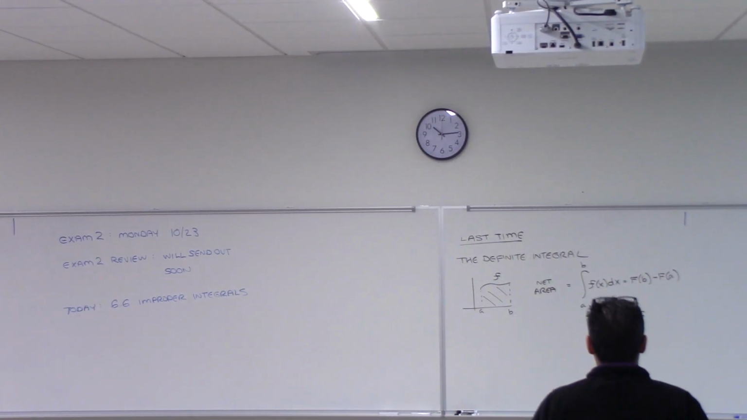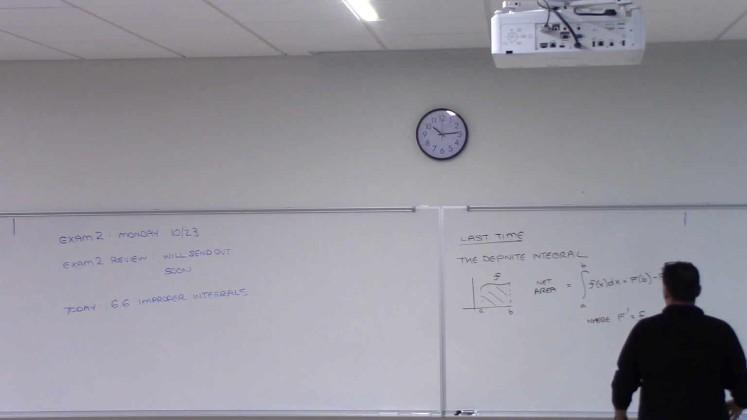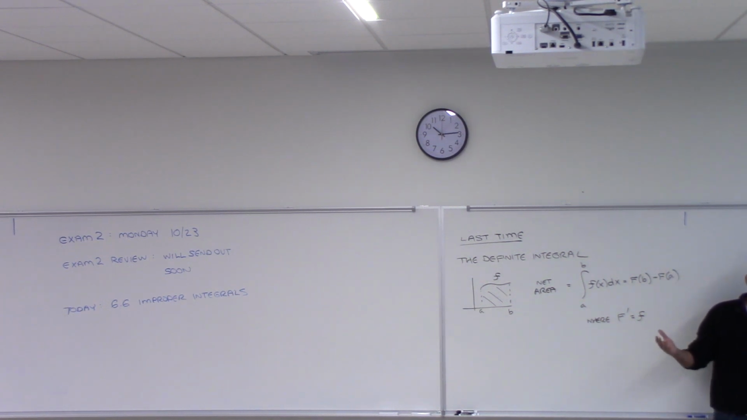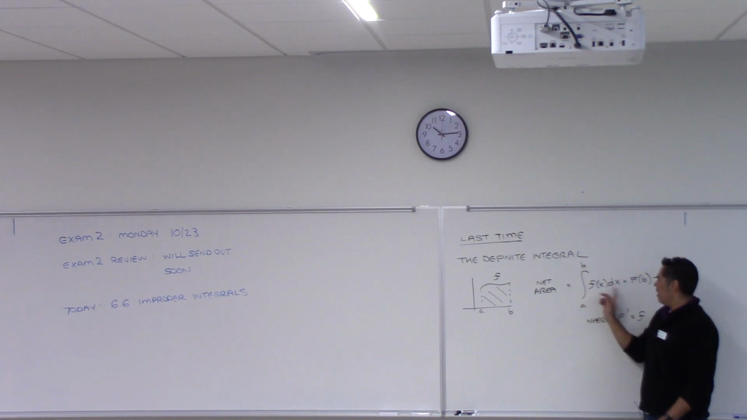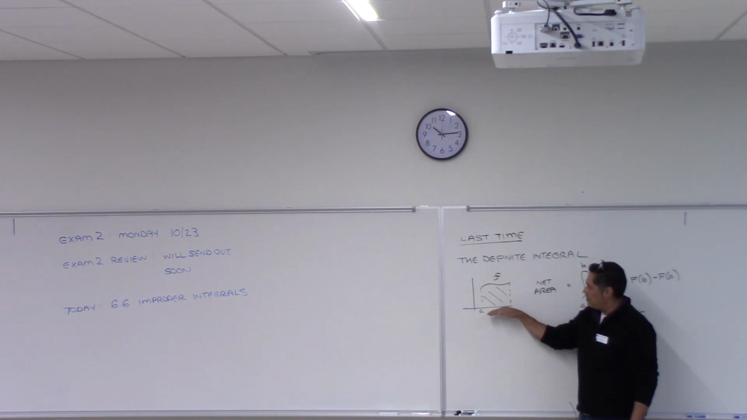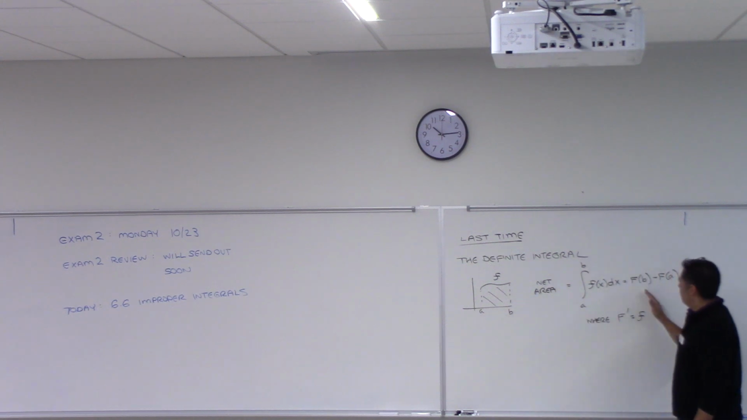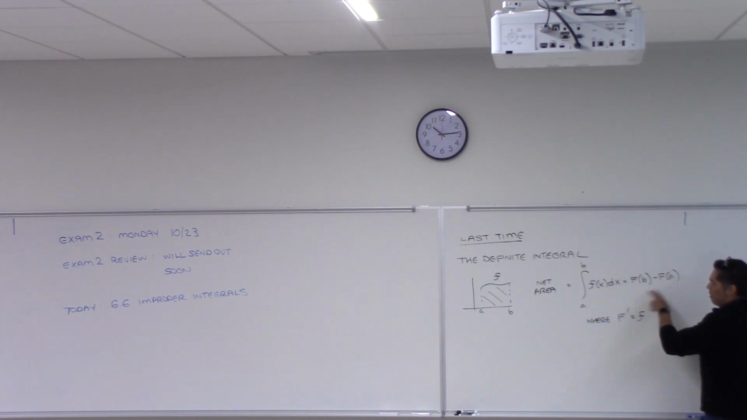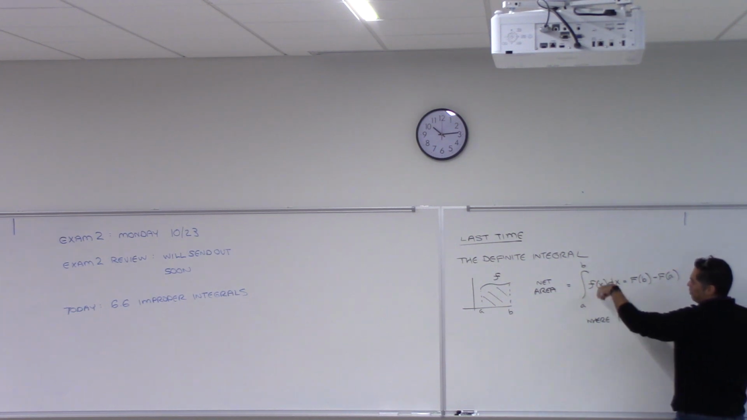All right, so last class we talked about the definite integral, right? And how we can use the antiderivative to find the area, the net area between a function and the x-axis. And we have the fundamental theorem of calculus that allowed us to do this. And so if we can find the antiderivative, all we have to do is evaluate it at the two endpoints